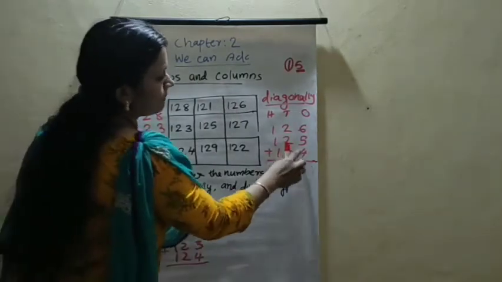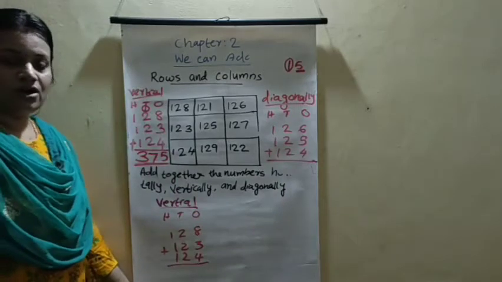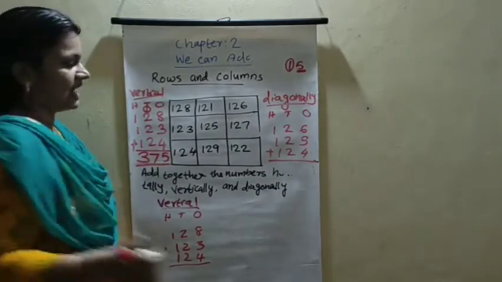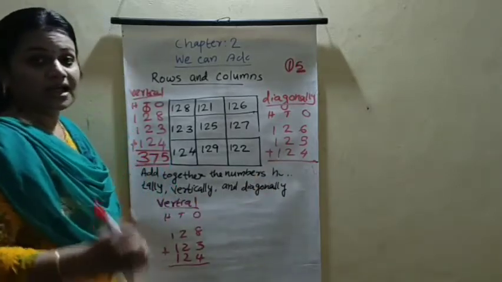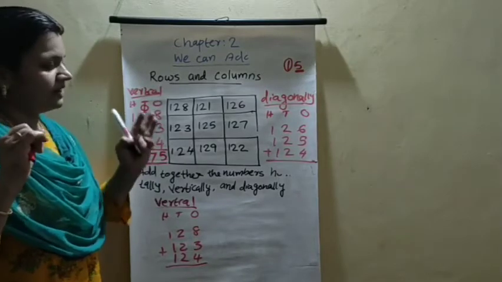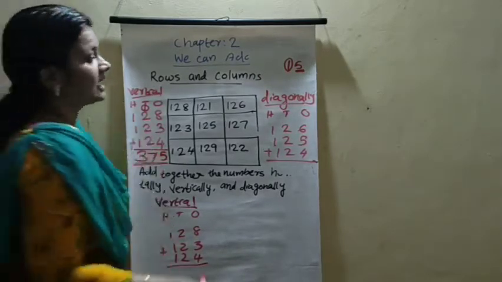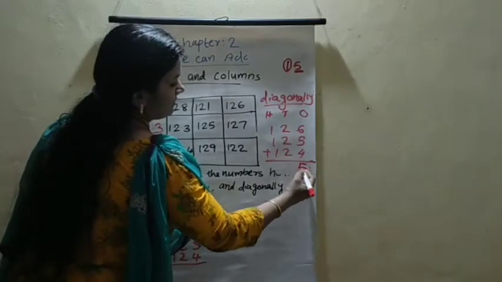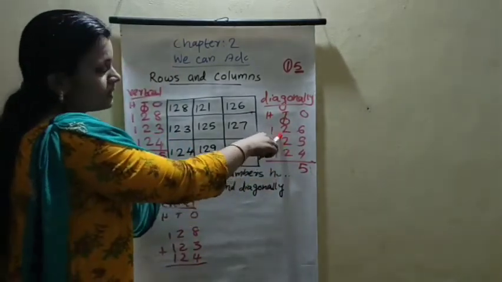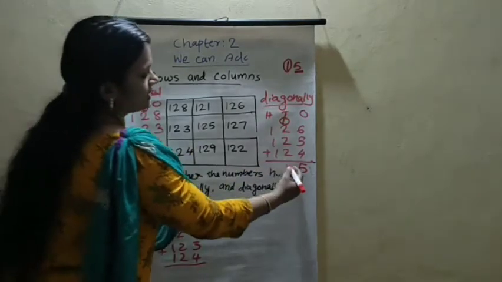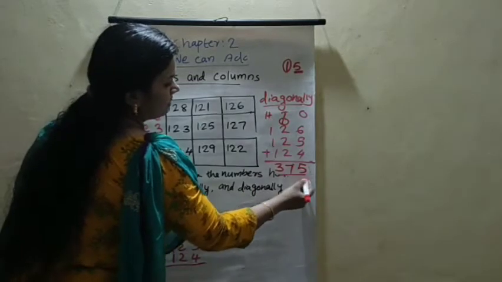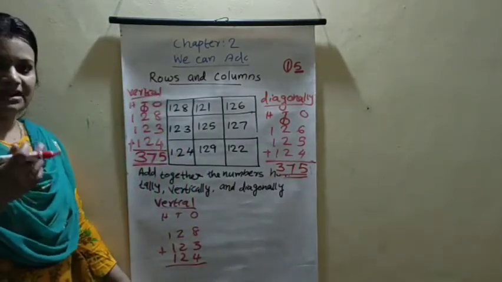Next step. 4 plus 5. 4 plus 5, what? Keep 5 in your mind. Count after 4: 5, 6, 7, 8, 9. 9 plus 6, what? Take your 6 fingers. Count after 9: 10, 11, 12, 13, 14, 15. Again we got 15. 5 is right here. 1 is the carryover. 2 plus 2, 4. 4 plus 2, 6. 6 plus 1, 7. 1 plus 1 plus 1, what? Again 3. We got 375.